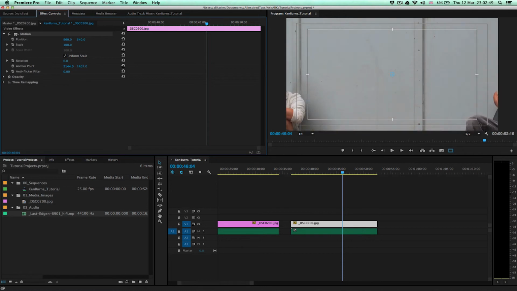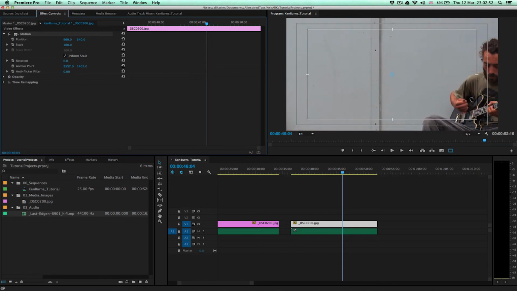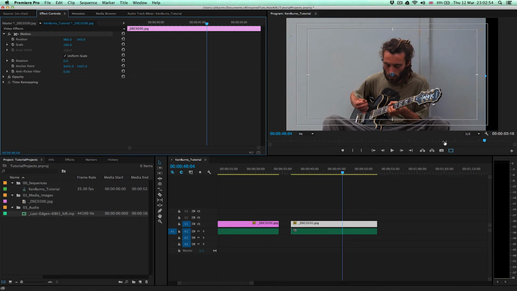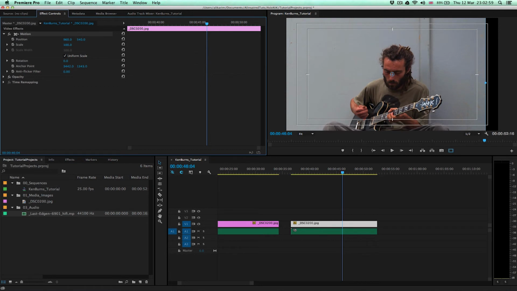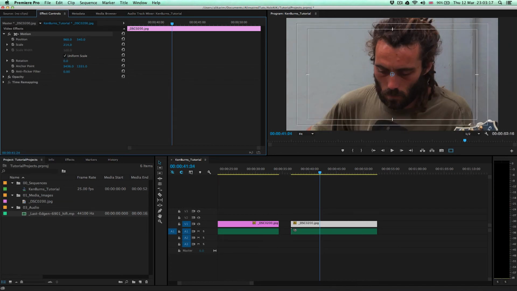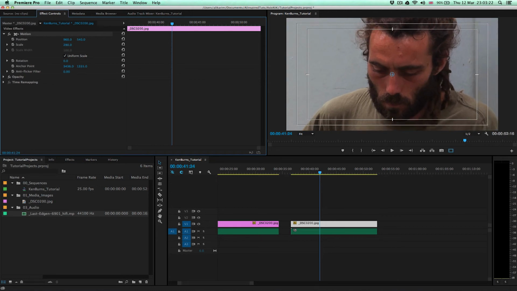let's see, set the anchor point to be on this guy's nose, you know, in between his eyes. So we've aligned the anchor point right in between the eyes. Okay, so we've done that. Now if we just click here, if we just zoom in, I don't need to pan anymore. So zoom in, so just fill his face,